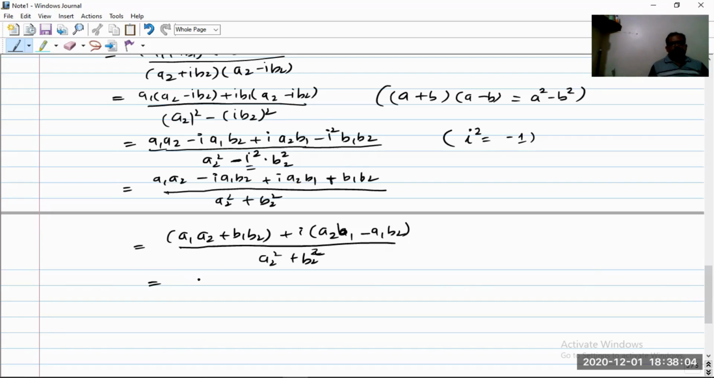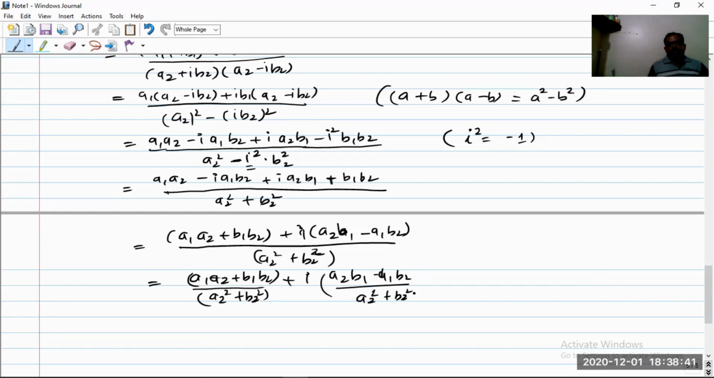So what does this give us, students? Here we have the numerator again in terms of i, so I can rewrite it as a1 a2 plus b1 b2. So can I divide each of these two terms by this denominator? Yes, we can divide. Since it is a positive number, I can divide both by this a2 square plus b2 square, plus i times, again I divide this a2 b1 minus a1 b2 by the denominator a2 square plus b2 square,